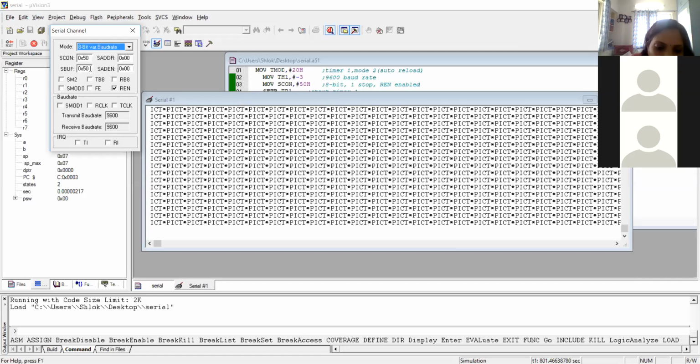These are nothing but the ASCII values of your PICT: P, then I, then C, then T, and then star. This ASCII value of your PICT comes into the SBUF register, and then that value is printed on your serial window.